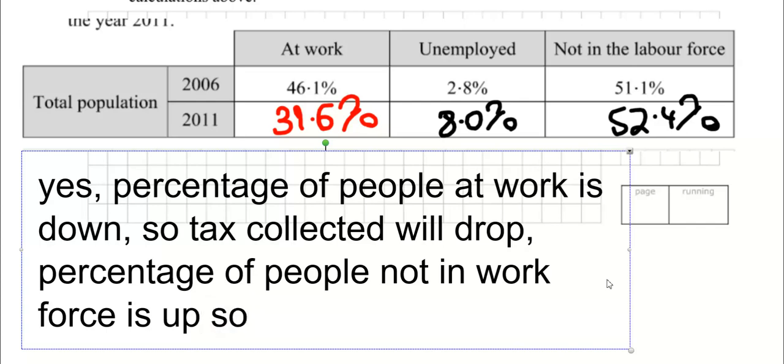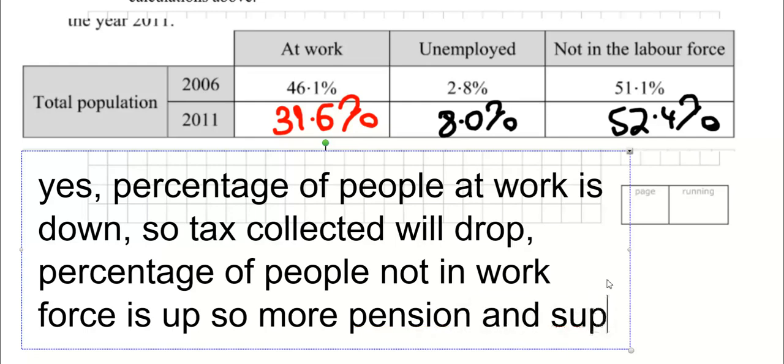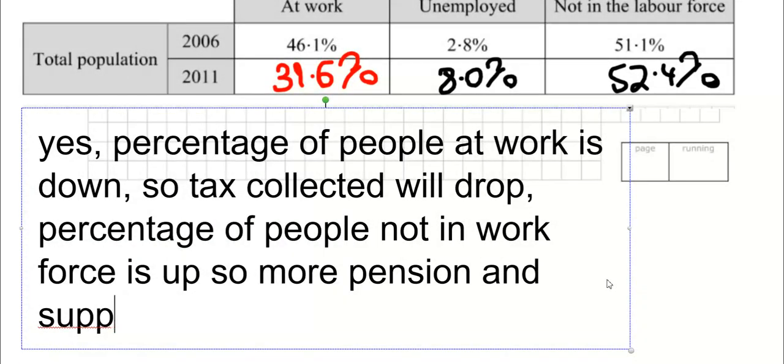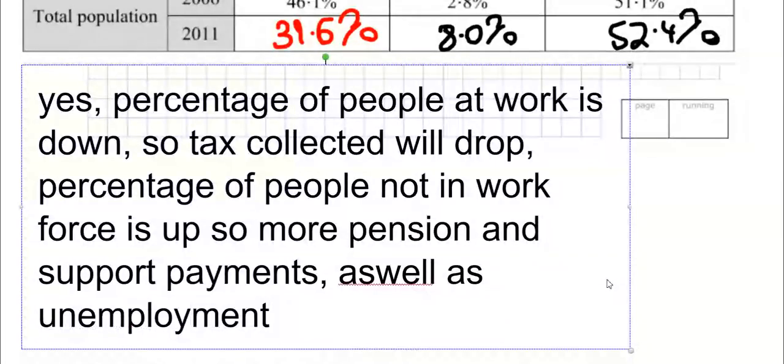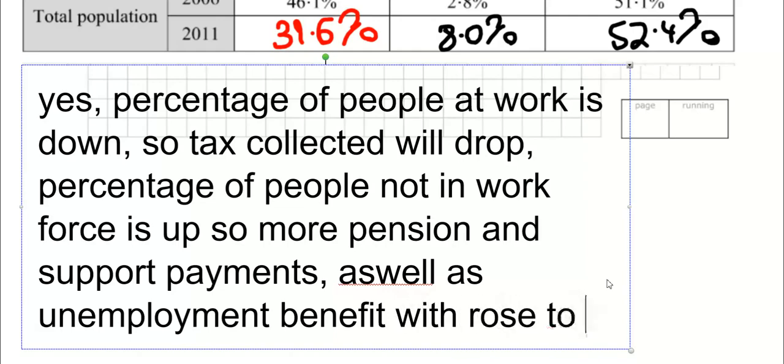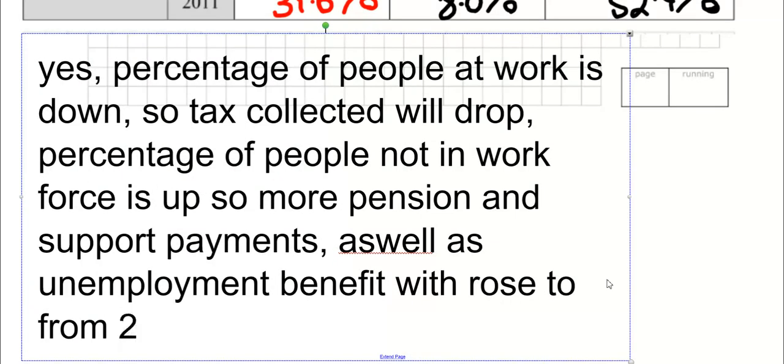So more pension and support payments, as well as unemployment benefits, which will be up as well, which rose from 2.8 to 8. Do you see what I'm saying? This is a general essay type question with